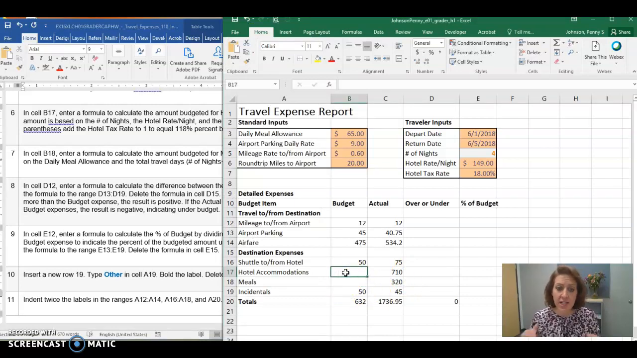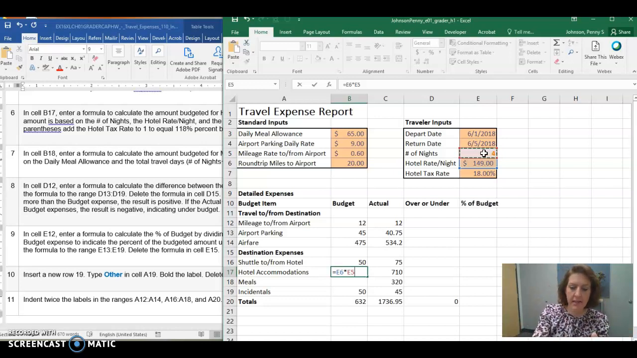In your spreadsheet, go ahead and click on cell B17. The first part's pretty straightforward. We always start with the equal sign, and we're going to take the hotel rate times the number of nights. That's the easy part. The next part is that we have to take all of that times the tax. So let's go ahead and add the asterisk so that we can then multiply this amount times the